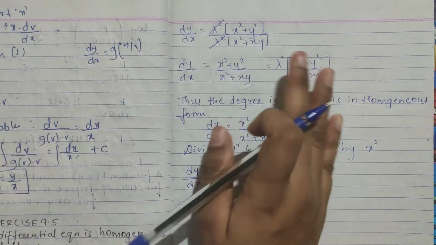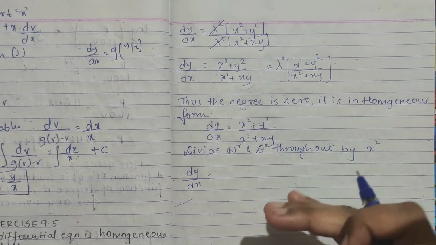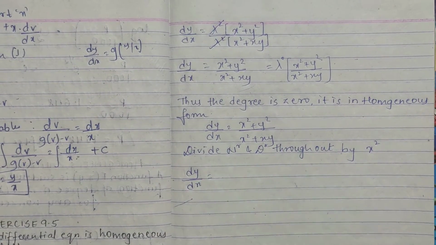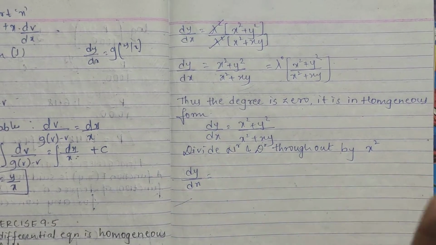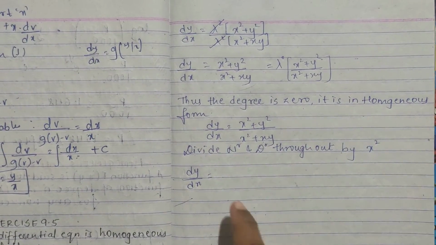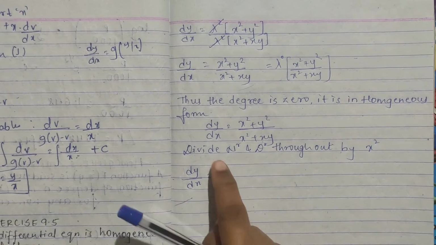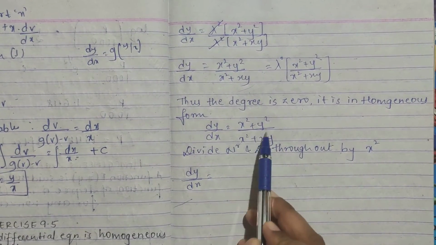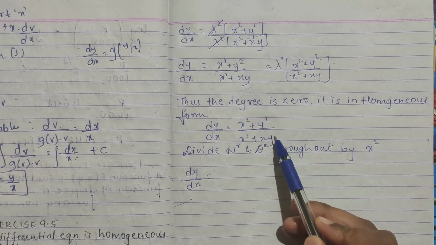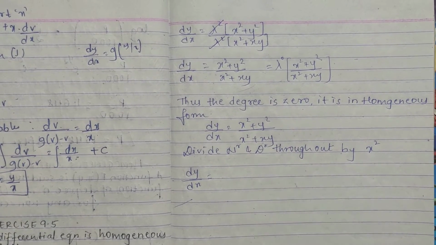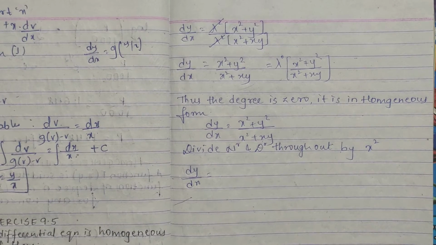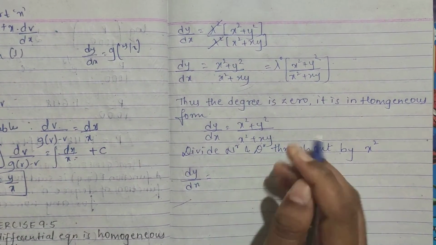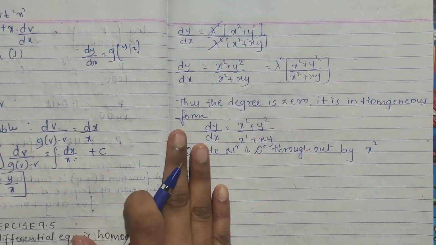Like first they have said you to see whether it is homogeneous or not. Then solving it, I have said you get it in y by x form, substitute it as your v, and then separate the variables, integrate. So the same we will do. Our dy by dx we will take to get it in y by x form. See, you see here x square plus y square divided by x square plus xy. So y by x only we want, so we will divide throughout by x square, right? We will divide throughout by x square, numerator and denominator. Only for the right hand side you have to do, not for the left hand side.